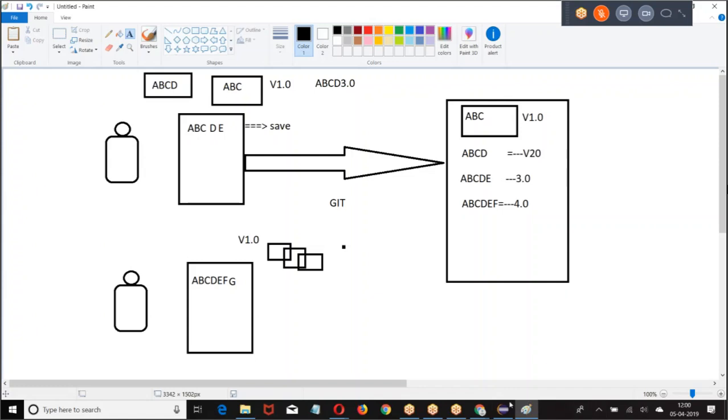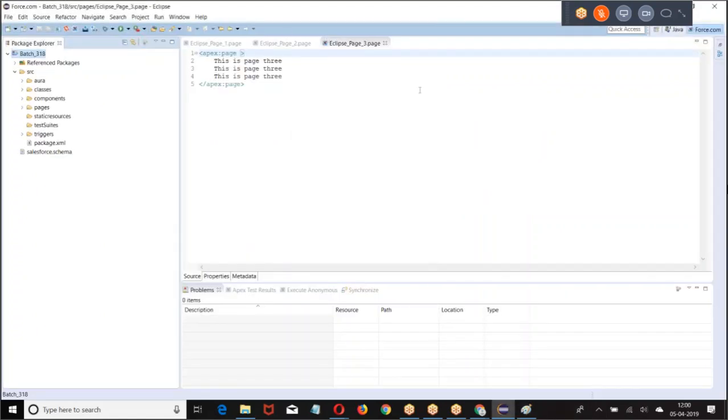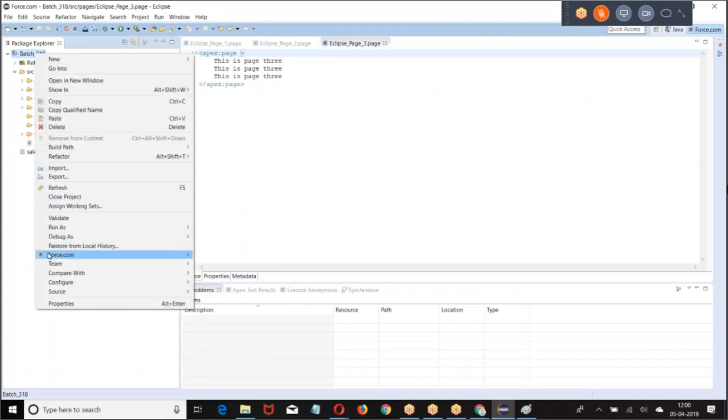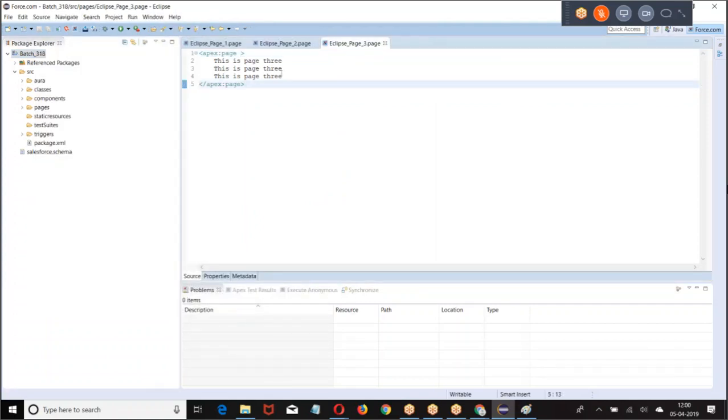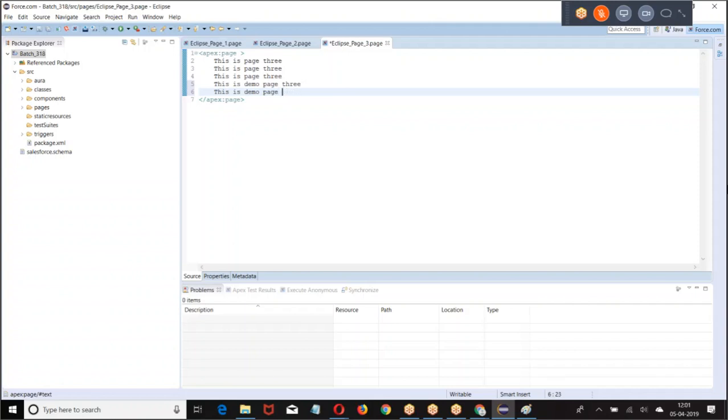I hope you are good. So let me explain this. Now, give a right click. First, let me make a change. This is example 3. This is a wiki.